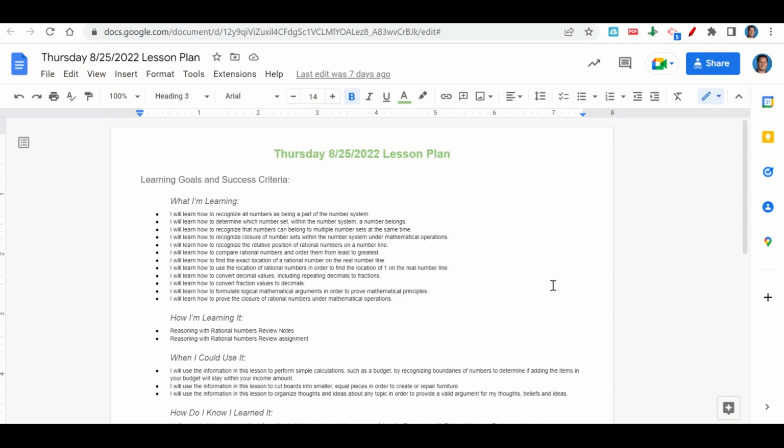We're learning how to recognize all numbers as being part of the number system, how to determine which number set within the number system a number belongs, how to recognize that numbers can belong to multiple number sets at the same time, how to recognize closure of number sets within the number system under mathematical operations, how to recognize the relative position of rational numbers on a number line, how to compare rational numbers and order them from least to